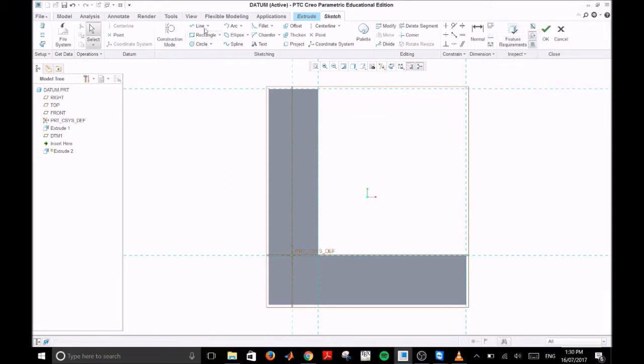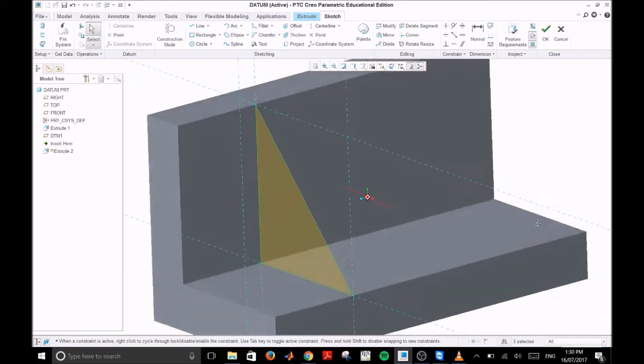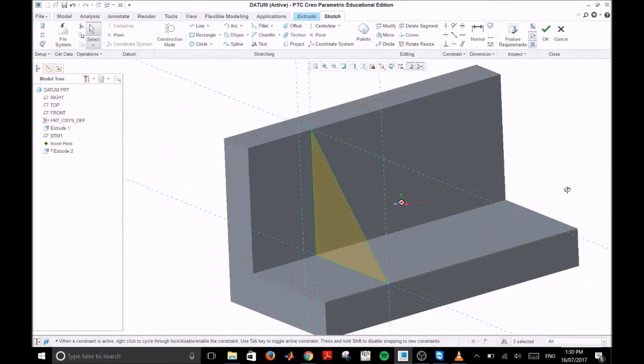Now if we want to do further drawing, our lines will snap to that reference. And we can complete the web like so. And then middle click to complete, forming a triangle that's highlighted yellow. Now we can rotate that out of plane to get a better understanding of what's going on. And we can see that web is off center as we wanted it due to the new datum plane. We're happy with that. We can click OK,